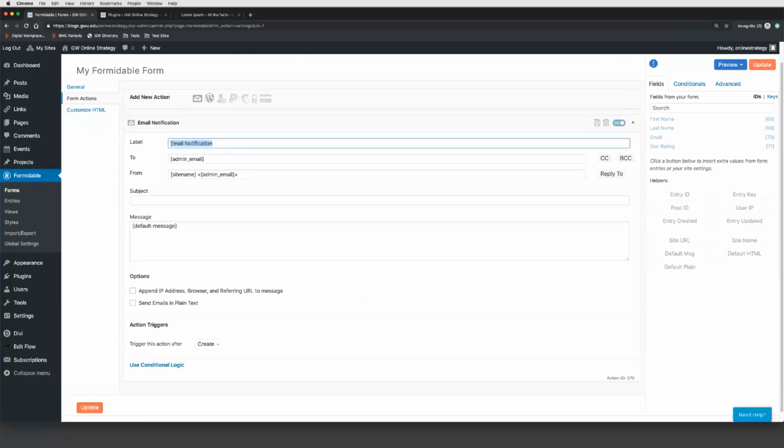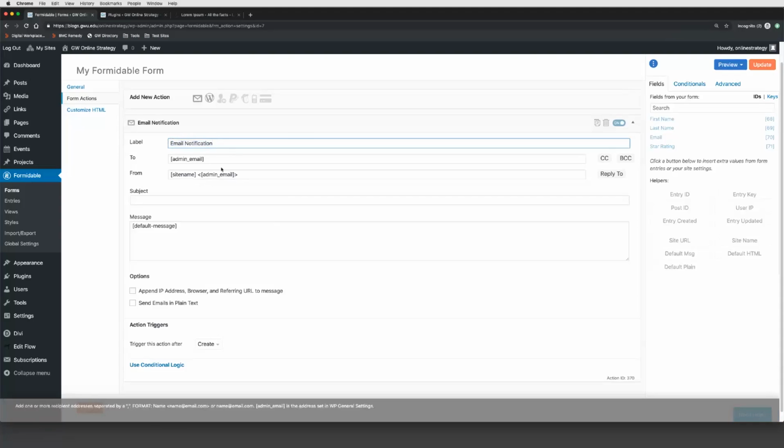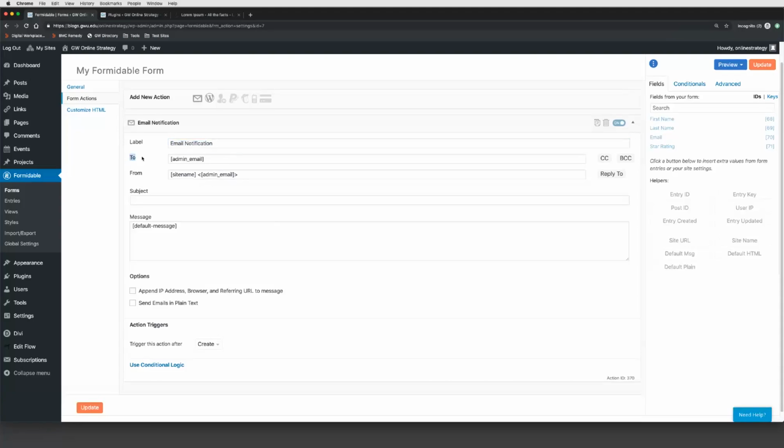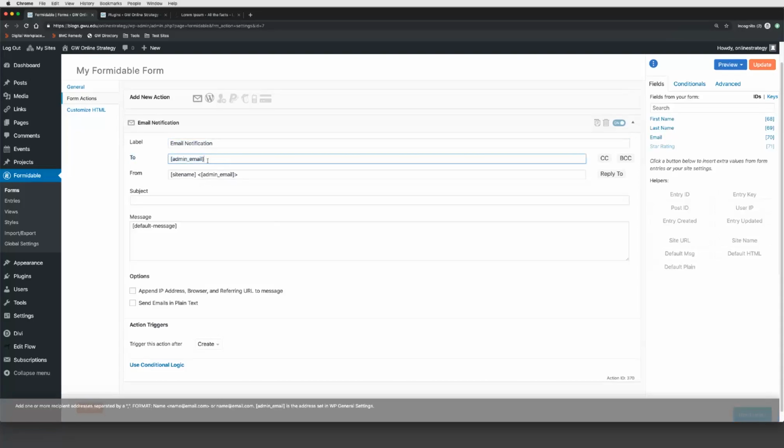Label is a back-end thing. You don't have to change it if you don't want to. I'm going to leave it as is. This To field, it's going to be who it is going to email. So because it says admin email, it's looking to email the site owner, like whoever is set as the administrator on this website. And what you're seeing right now, this open bracket admin underscore email, then close bracket,